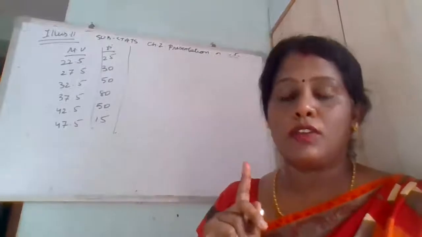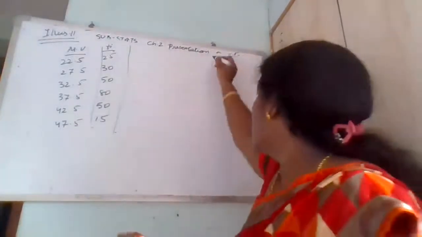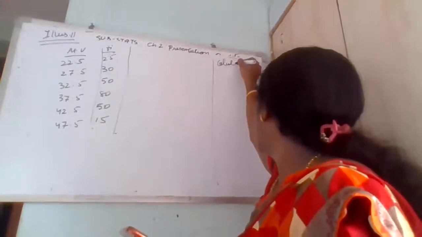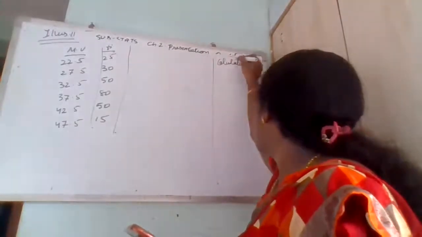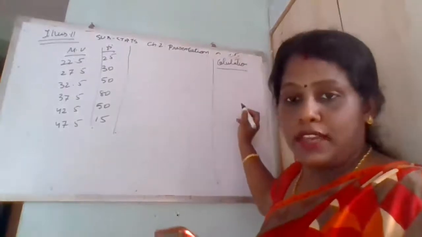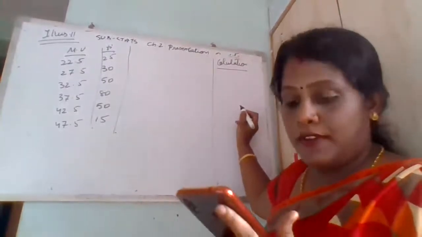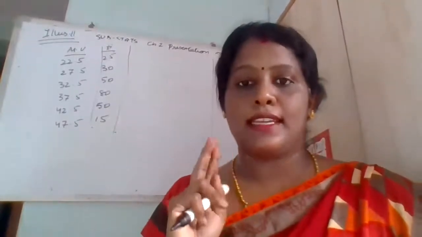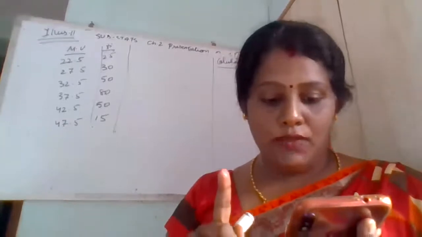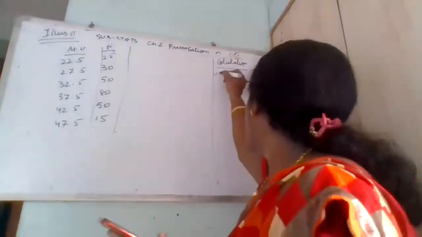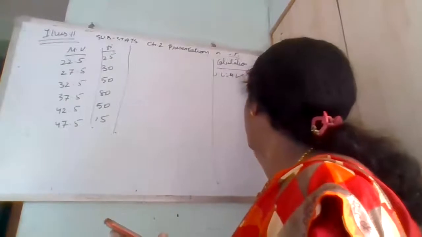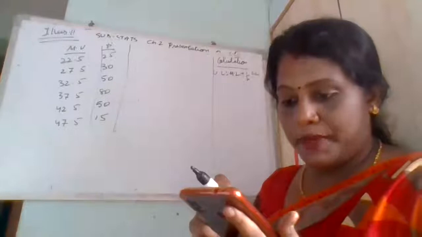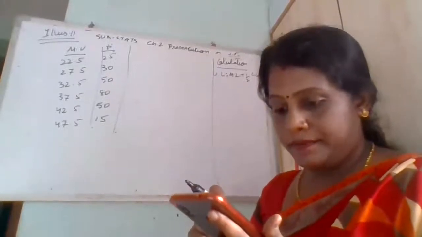So first, what step have we followed? In the calculation portion, I will show you the formula for the class. Two things we have: one is upper limit and second is lower limit. So, what is the formula of upper limit? Upper limit is equal to mid value plus half into class length. This is the formula of upper limit, right?